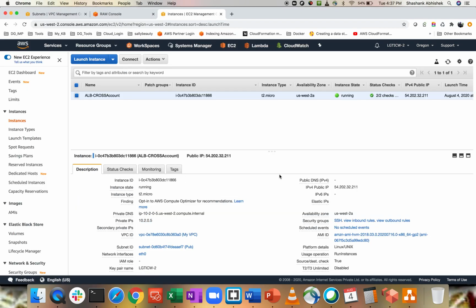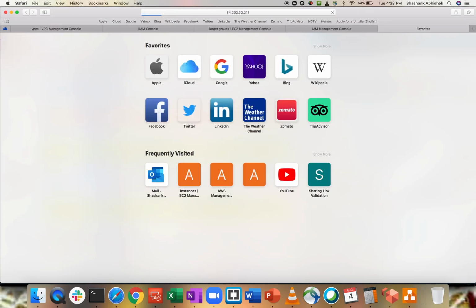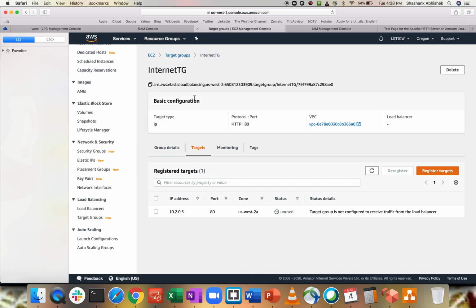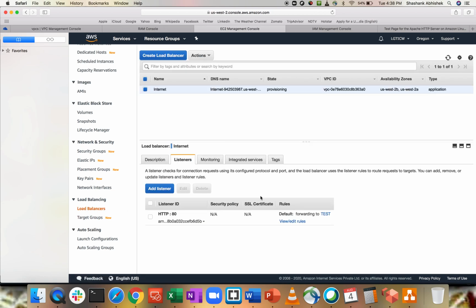Again, if I go ahead and hit this, I'll see a response from Apache. So the same response I need to see from our load balancer that we have configured. So let's go to our load balancer. It's still provisioning. So what we can do, go to the listener section,